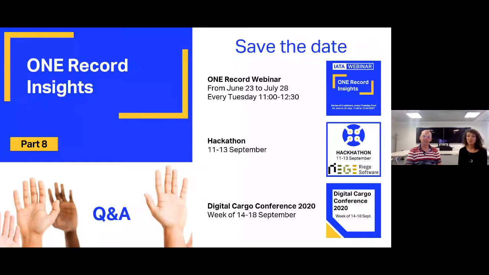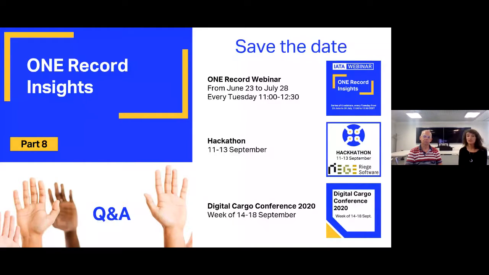How can I implement the OneRecord API? Are they available online? I only see the specifications on GitHub. So if you want to implement the OneRecord API, you can already download the specifications, take a look at them, and then get some developers to implement them on your local servers, or you can use our Java sandbox to have it as a starting point, and then you can build on that and build more features depending on what